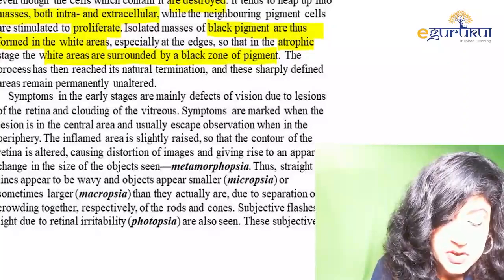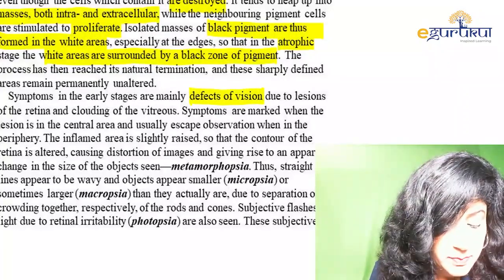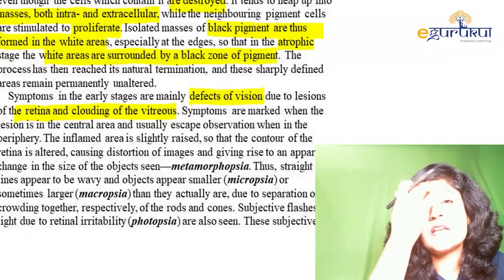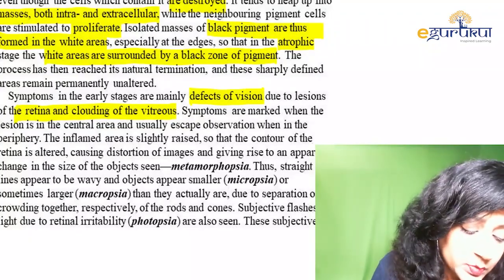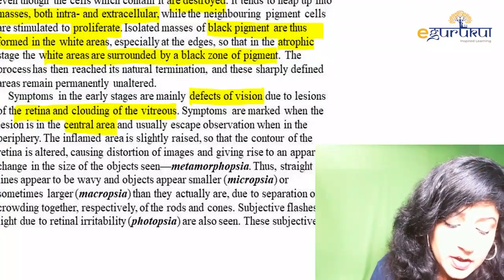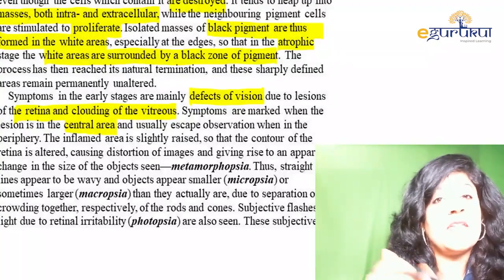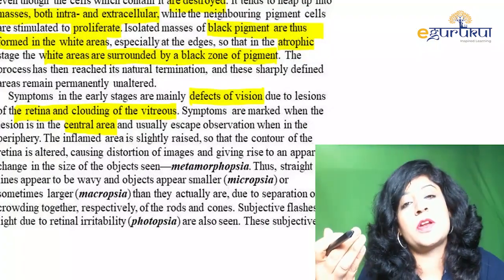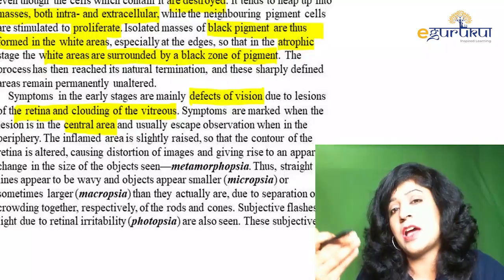Symptoms in the early stages are mainly defects of the vision, because we are having changes in the retina, and we are also having changes in the vitreous. Symptoms are marked when the lesions are in the central area, and usually escape observation when they are in the periphery. Obviously, those lesions which are present more towards the posterior pole, more towards the central retina, are causing more diminution